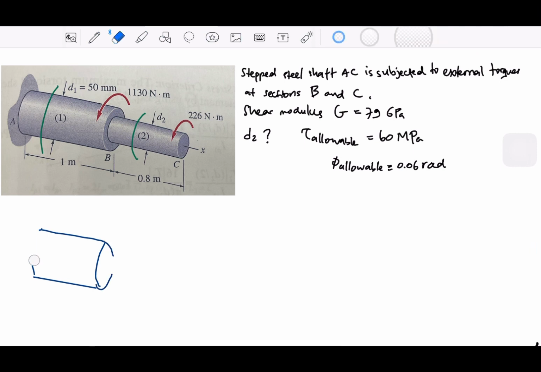Or maybe let me write a bit more to show that this is after cutting. Okay, that's 1 and 2. Maybe let me write this is 1, this is 2,